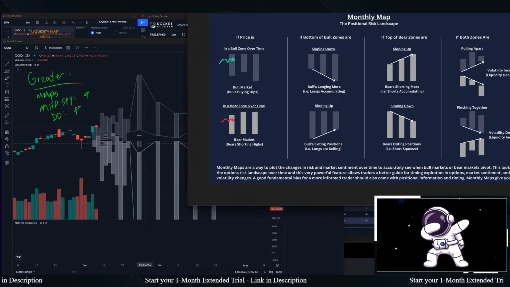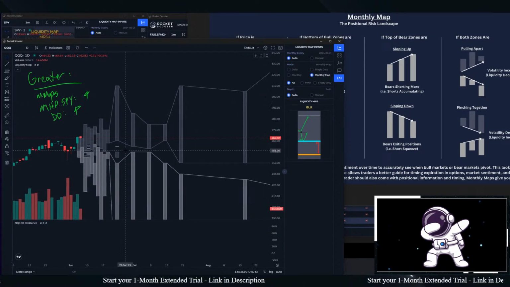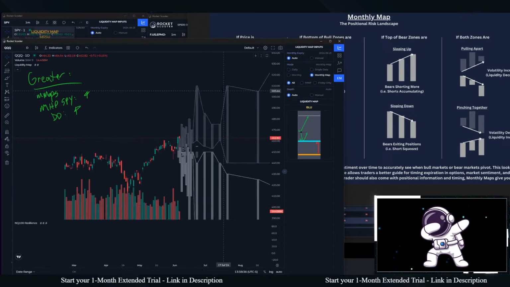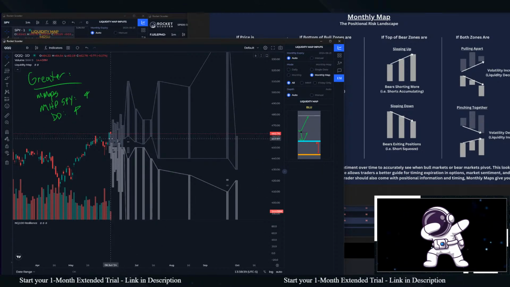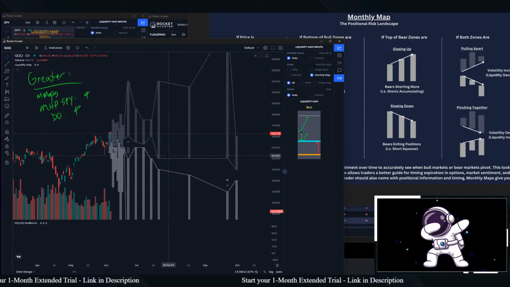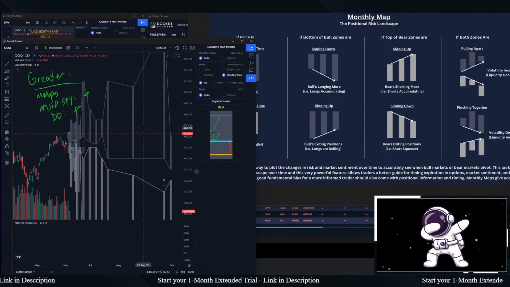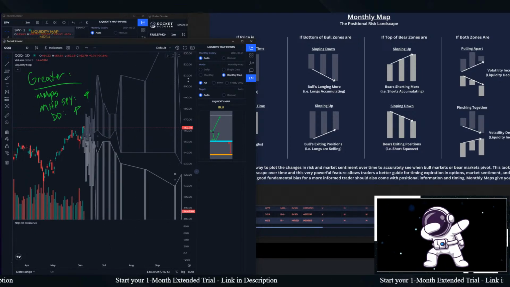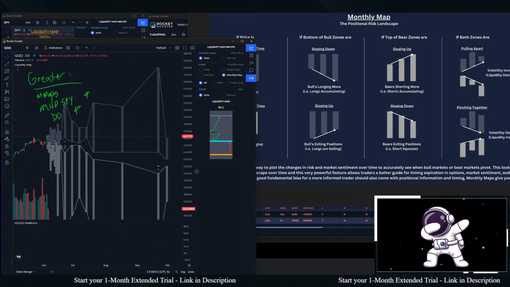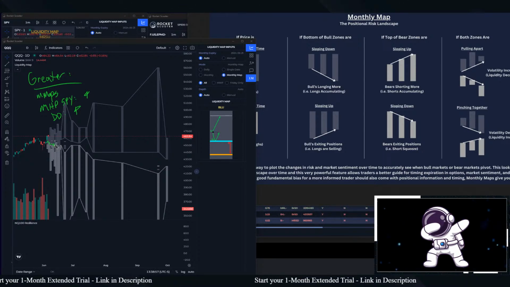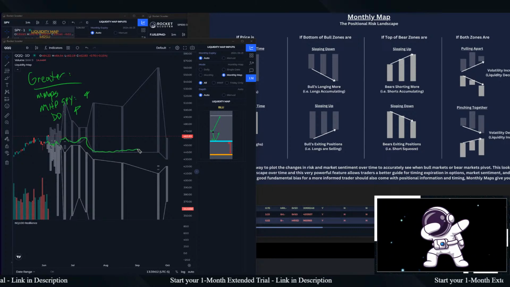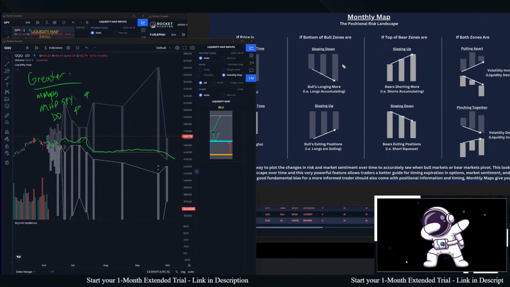Okay, so as you see, each one of these is looking into the future. This is June, July, August, September, and we've got the monthly map showing the future all the way through October, and it's still showing a general bullish trend for the long haul. So the bull side is sloping down. It's kind of choppy, but it's doing it. If you were to just draw the bottoms of the bull zones, it's choppy over the first maybe 8 or 9 days, and then we go into just those straight weeklies in here. So from here to there, it's sloping down. It's a little bit, but it's sloping down.